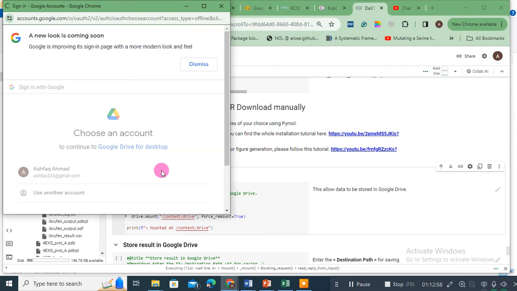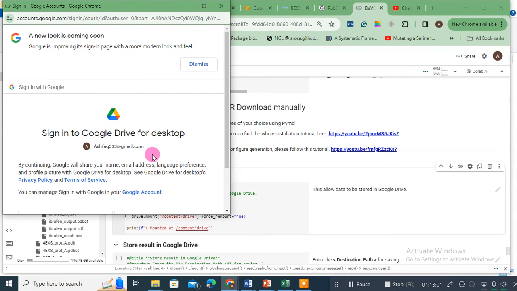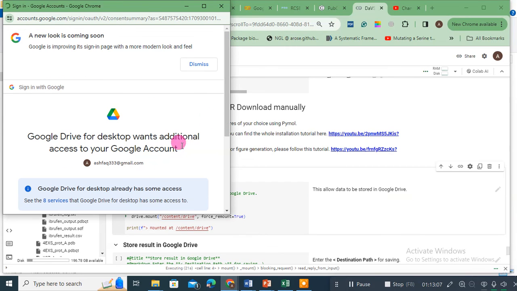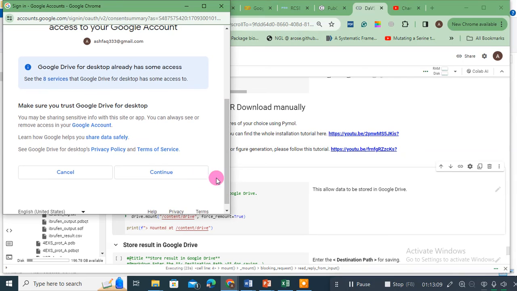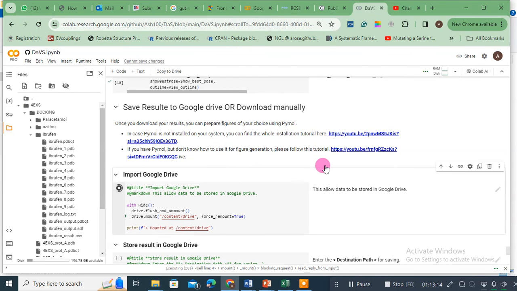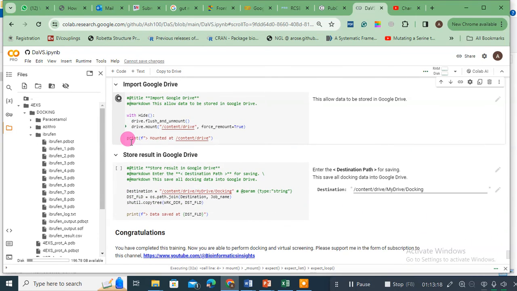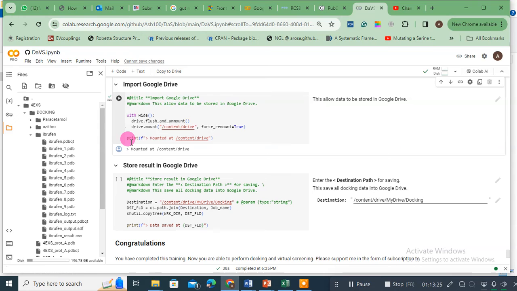I click here, it will give you this option. Now continue, because it's taking access to your Google Drive. Again continue, and you will have an option like the drive is mounted. It is just like you plug a USB of your Google Drive. Yes, here it is. Now I want to save my data,